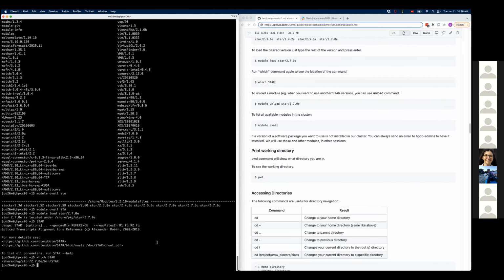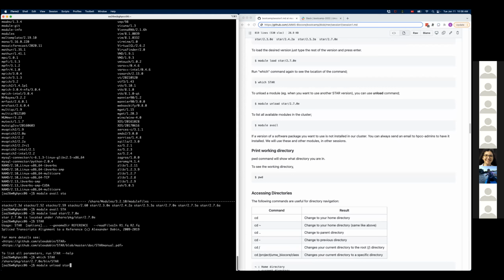So once you are done, you don't have to unload the software, but for example, you want to use the STAR version 2.5. Right, and in that case, you really have to unload the module that you loaded and load the specific one you want. And somewhat of a nice feature here is you could do module unload. Don't have to type in the exact version like we did for loading.